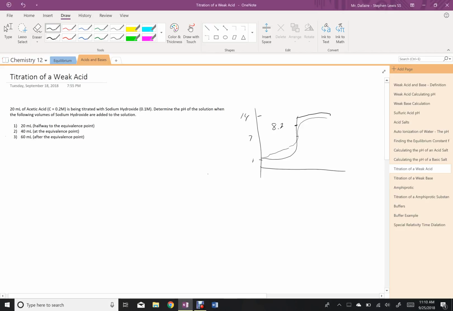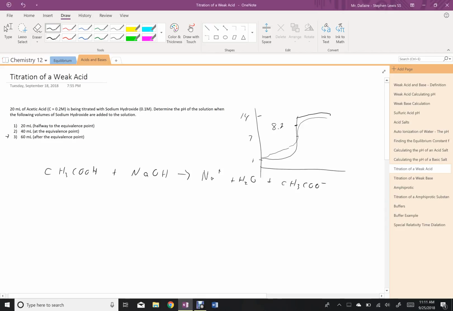So here we're in situation 3. 20 milliliters of acetic acid, CH3COOH, reacting with NaOH to produce Na+, H2O, and CH3COO-. So there we have all our species. Now, we always assume that our acid-base reaction, when we have a real acid and a real base, not just water,